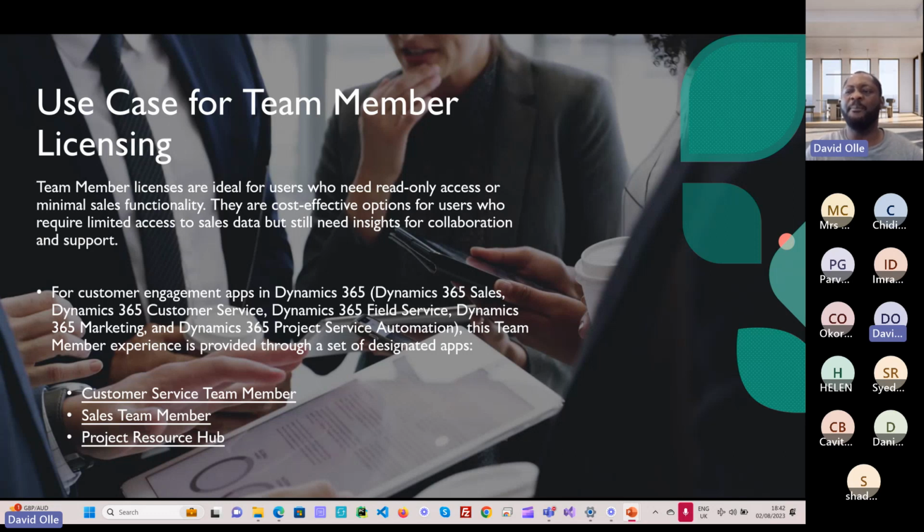There will be certain tables and records that users with Team Member licenses are still able to create or edit or essentially work on. But generally speaking, it's read-only access and minimal functionality. So you could say that's the cost-effective option for users, and it's generally cheaper than the rest of the other applications. Usually, you speak to Microsoft to get a good sense, and the organization will have a conversation with Microsoft and strike a deal on what the best